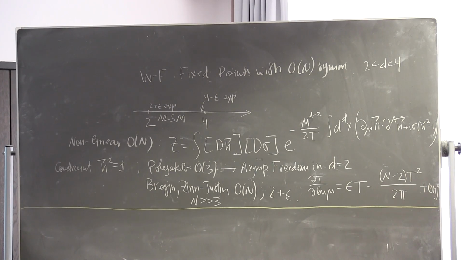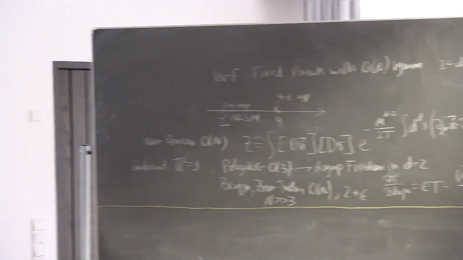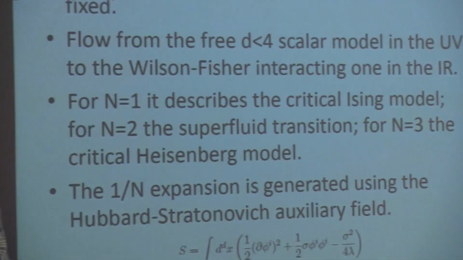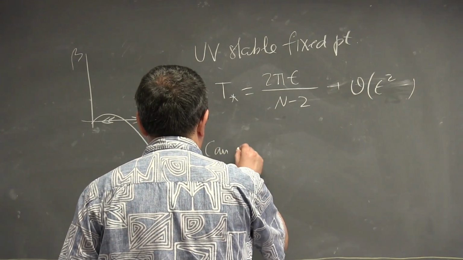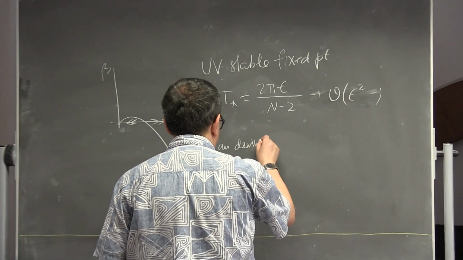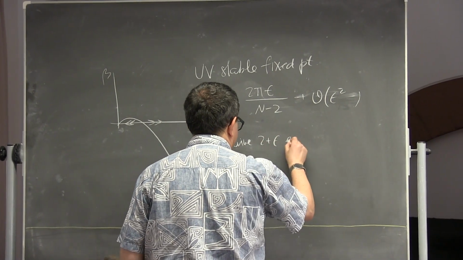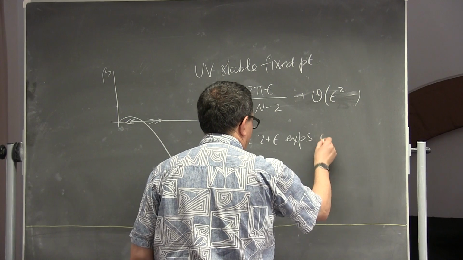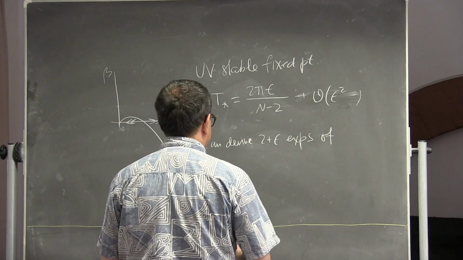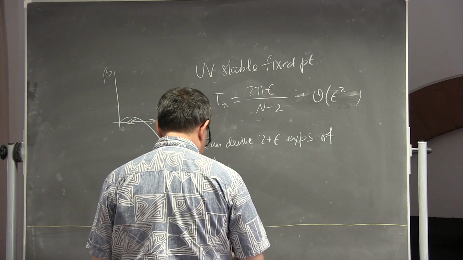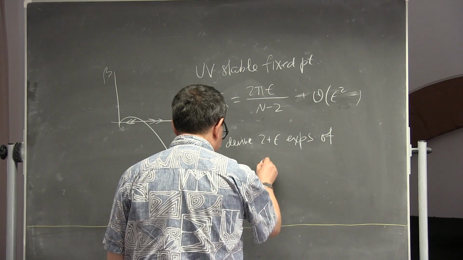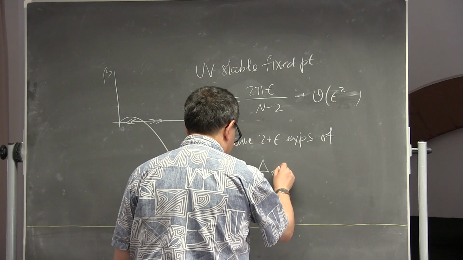And this actually allows you to study 2 plus epsilon expansions of things I discussed yesterday, like delta phi, this O(N) vector field, or delta phi squared,